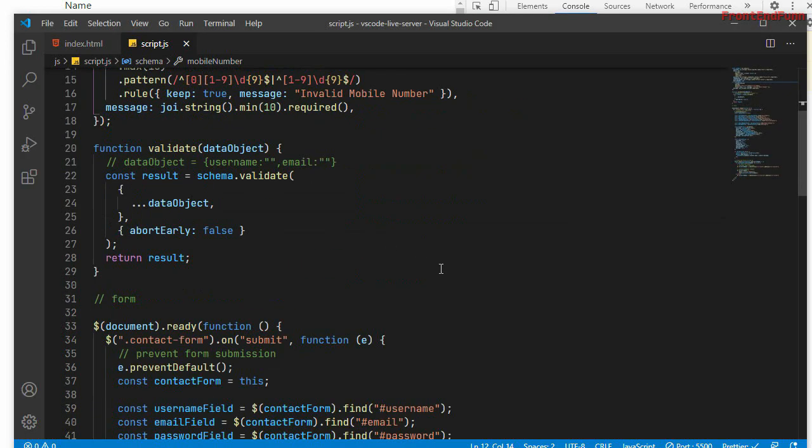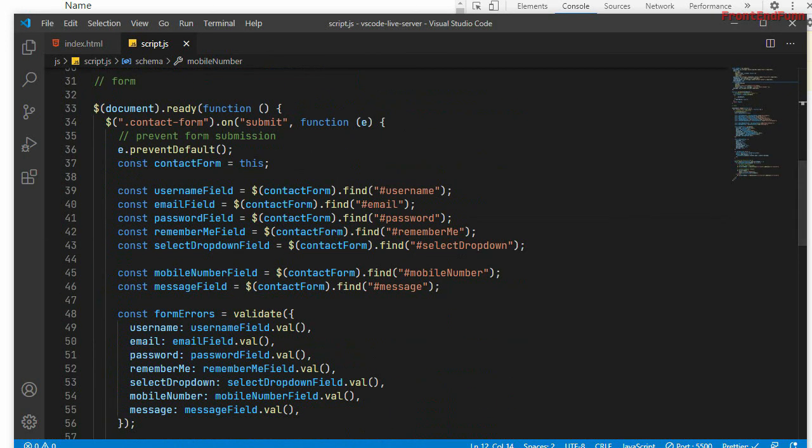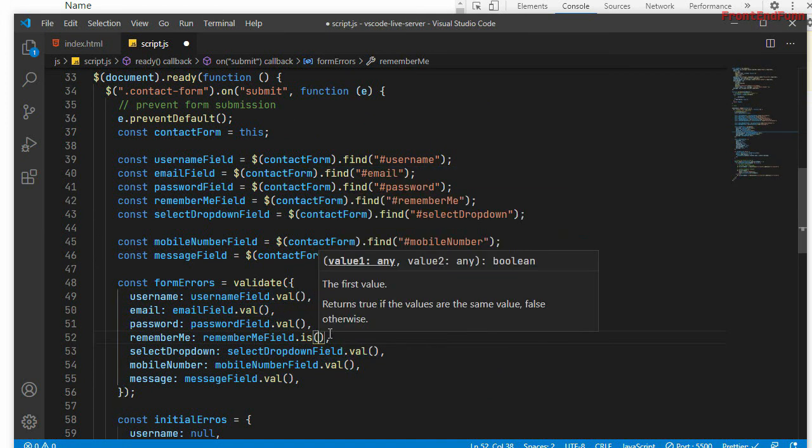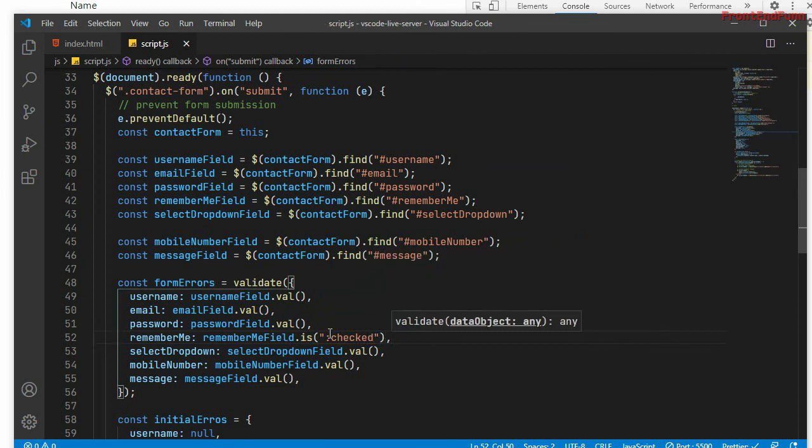So for the checkboxes, what we need to do is use remember me field dot is colon checked. So if it is checked, then we'll have true, and if it is not checked, then we'll have false.